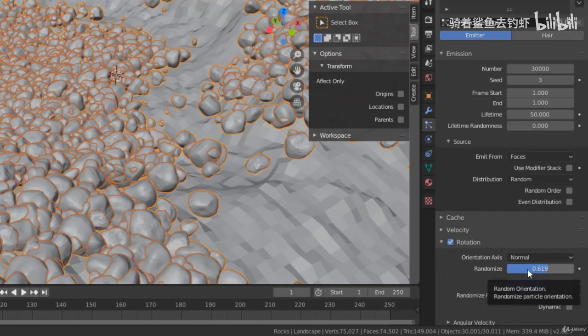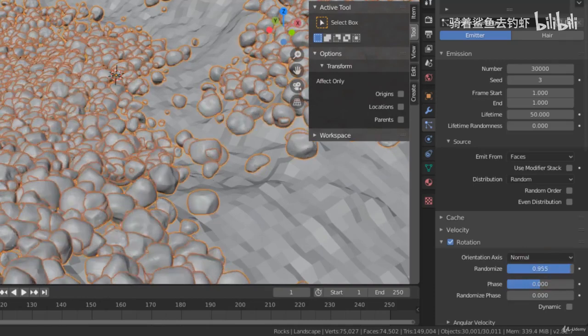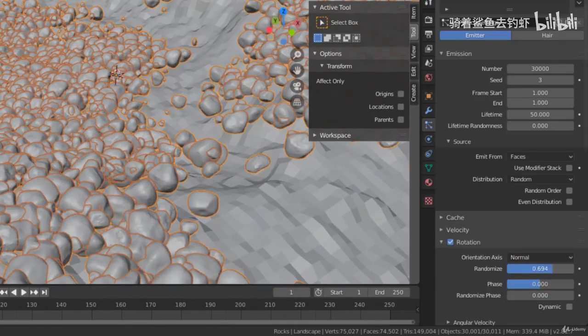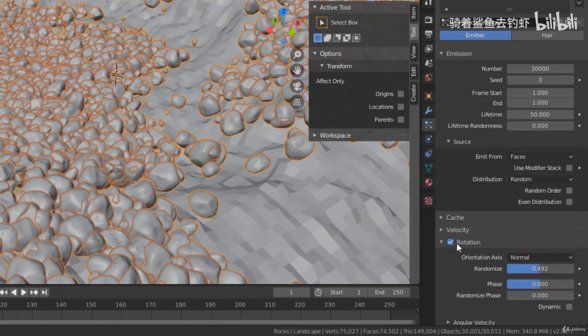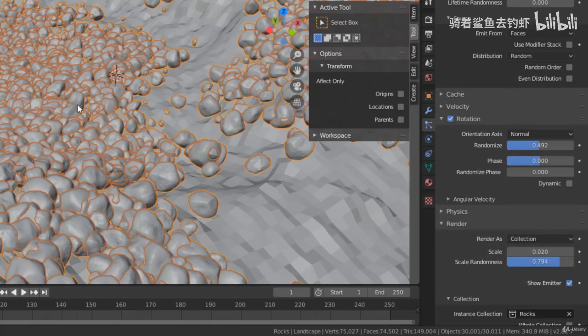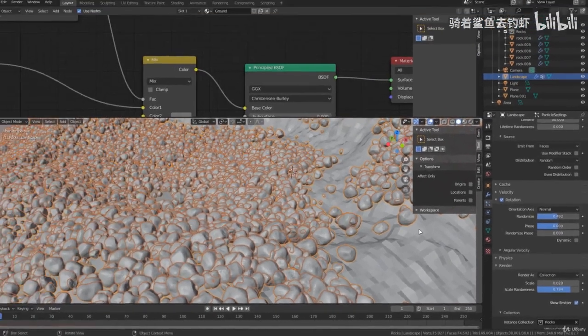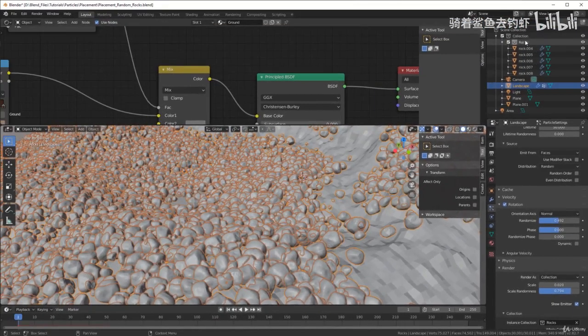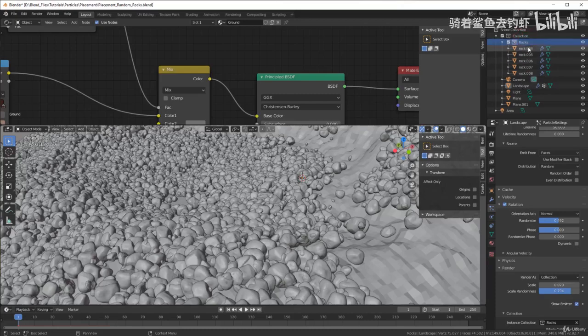When I do that, you can see that I get different directions on my stones. I will go through a little bit more how random works in sessions later on. But right now all you need to know is press rotation and then you get it. So it's really easy. To get the variation, I use the collection called rocks, and it has my 5 stones,